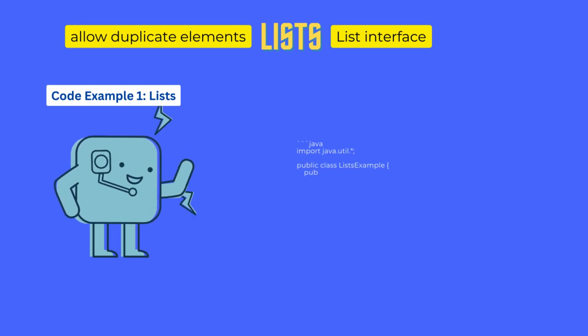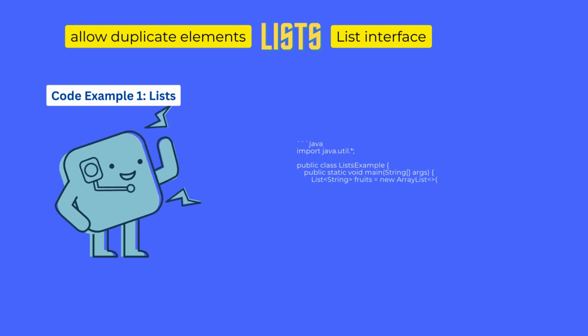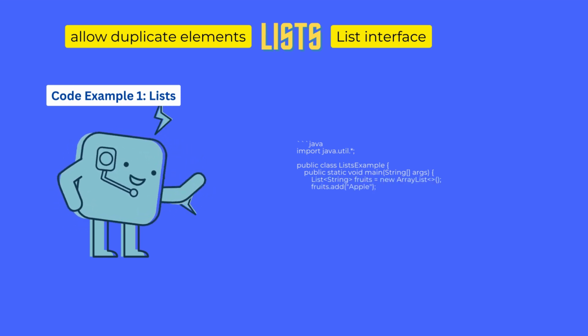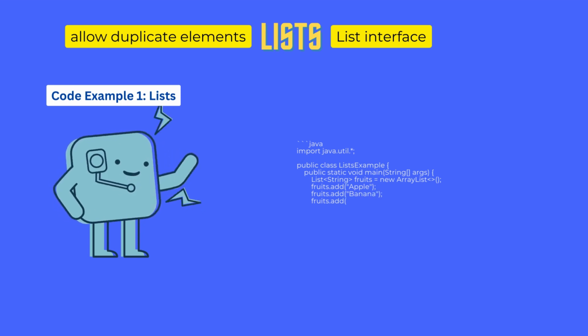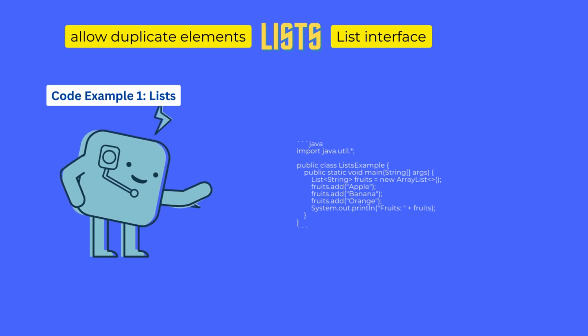util.*; public class ListExample { public static void main(String[] args) { List<String> fruits = new ArrayList<>(); fruits.add("Apple"); fruits.add("Banana"); fruits.add("Orange"); System.out.println("Fruits: " + fruits);